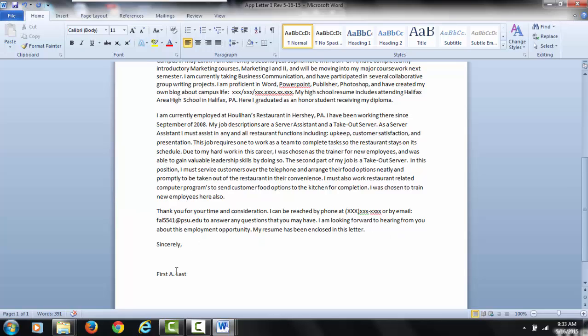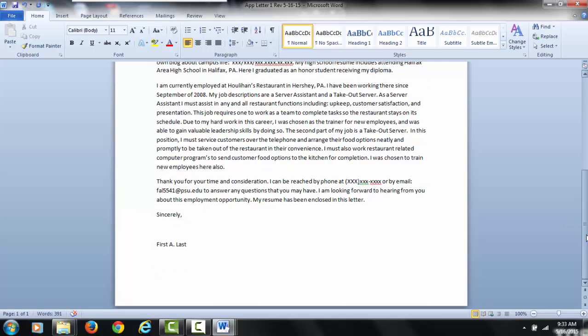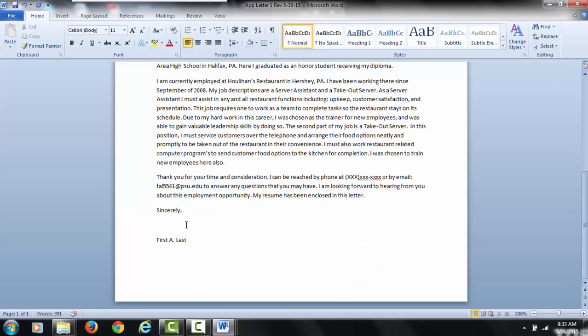Okay, and then the signature block. In real life, make sure you sign these when you send those in. If you're doing these digitally as well, you may want to get a PDF or a visual of your signature so that you can just paste it in there. Next up,